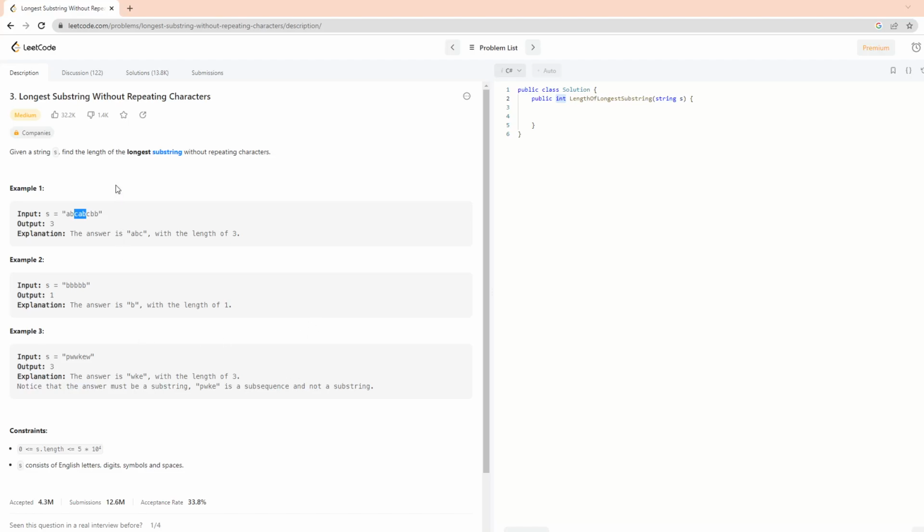Hi guys, today I'm going to solve a Leetcode problem. The problem number is 3, longest substring without repeating characters. So in this problem, we are given a string S and we need to find a substring without repeating characters. In example 1 we have an output of 3 because the explanation is the answer is